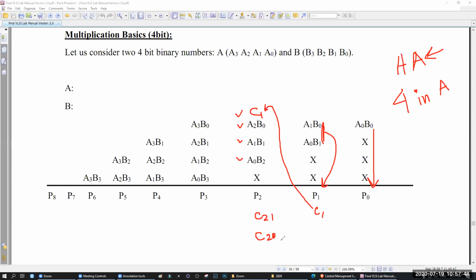One is a higher carry, another is a lower carry. Why? Because if you add 1, 1, 1, 1, your result is 1, 0, 0. So 0 is your sum, and the 1, 0 are your 2 carries. This 1 will be C2,1 and the 0 will be C2,0. Since it is number 2, that's why we add another 2: 2,1 and 2,0.